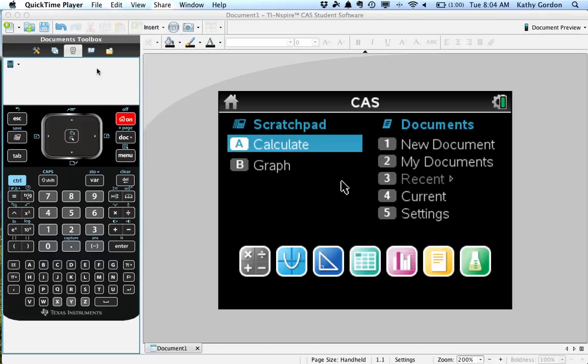All right, so this is day 2 of our 8.7 lesson. And today I want to show you how to do the same thing you were doing by hand using your TI Inspire calculator. It's very easy, but it takes a little bit of practice in how to insert your data and then how to analyze it. So I want to show you how to do that today,